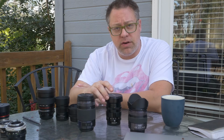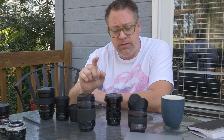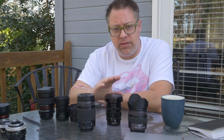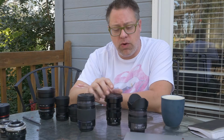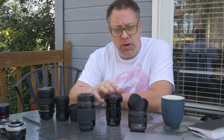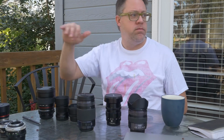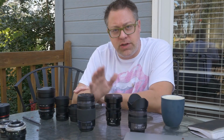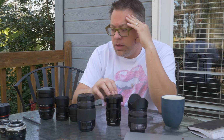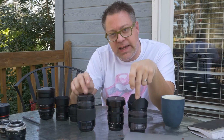This is a Voigtlander f.95. So it's 25mm, 0.95. You put this on the GH4, it looks like a 50, a 50 1.2 in full frame terms, as far as characteristics go, field of view and depth of field. So these three have a lot going for them, and I think I need to keep these two,